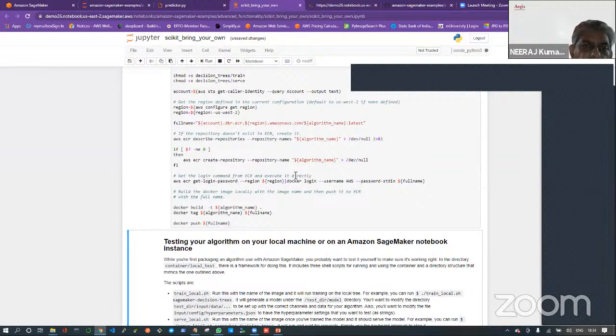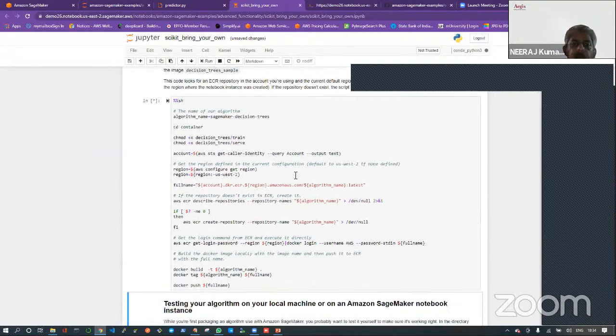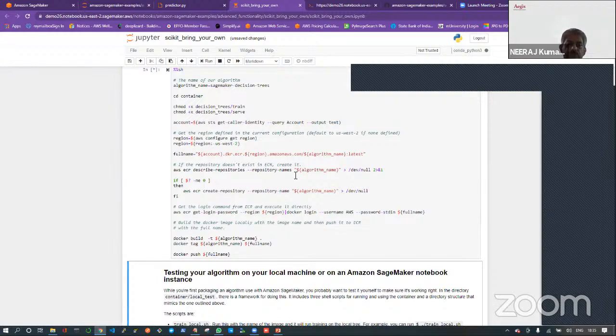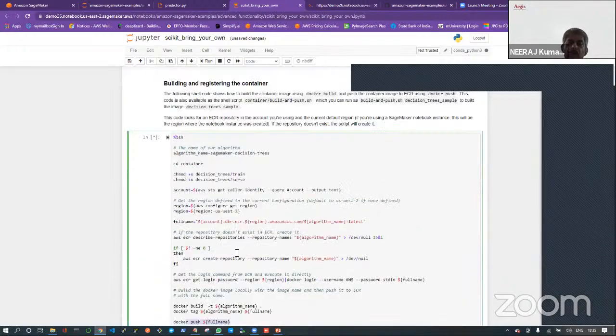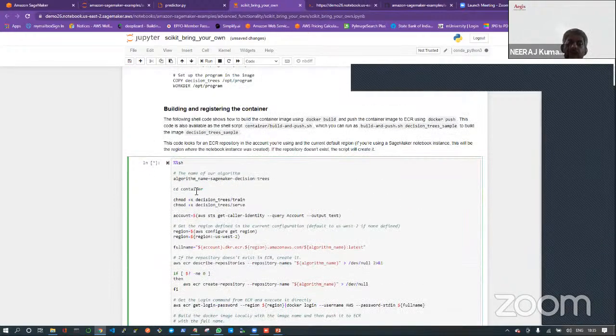I'm running this. Just give me a minute. You can see that output. So these two lines of code are very important. It's building the image and then it's pushing the image to the registry. That's what will happen once you run this cell.